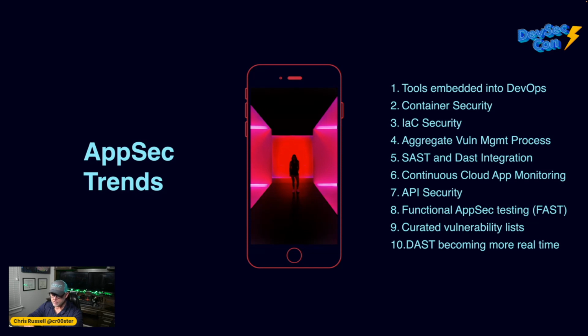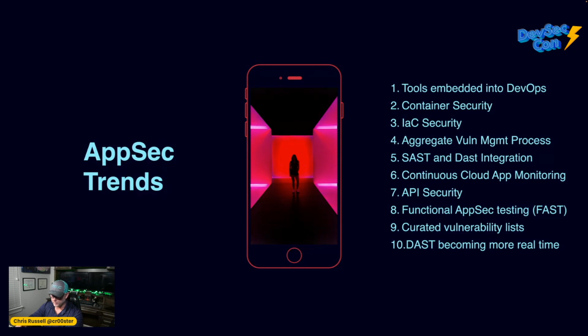Continuous cloud app monitoring. Again, since everything in the cloud is an API call, a lot of products are figuring out it's very easy to figure out every single thing that's happened, every single action, and monitor that to a good degree, whether it's AWS, GCP, Azure. There's a ton of different ways to plug into every single thing that's going on in your environment via API and get some really rich, good use-case alerts on when things deviate from the norm or clearly violate some rules you have set up.